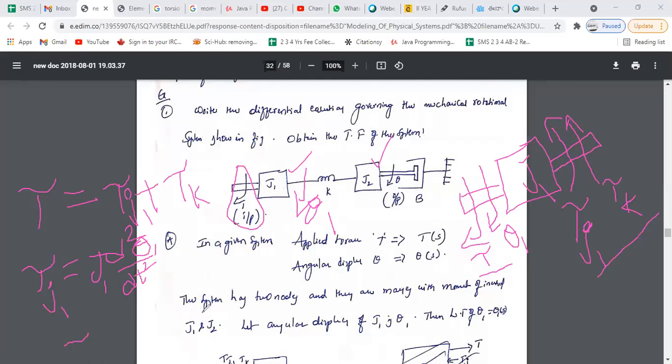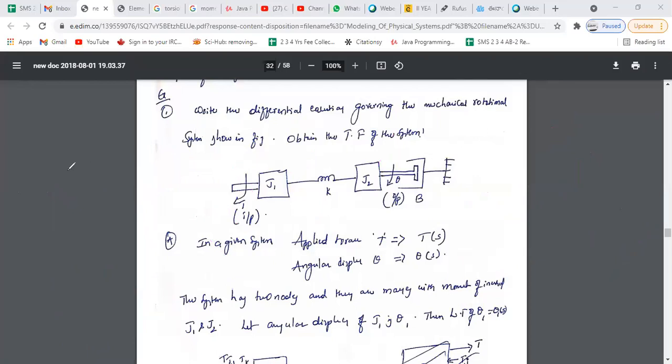Then what is tau K? Opposing torque due to elastic deformation. Tau K is K into theta1 minus theta, sir. Very good. That's a simple one. K into theta1 minus theta. We have to substitute these two torque balance equations in the above equation. Right. Coming to the second free body diagram, J2.